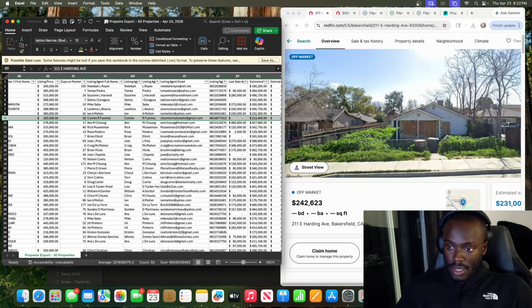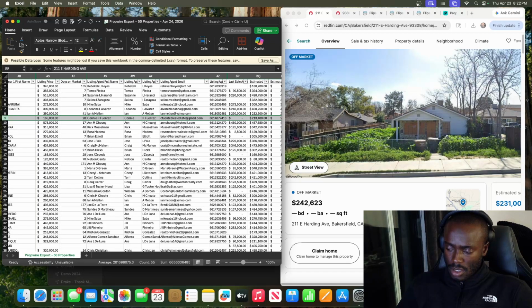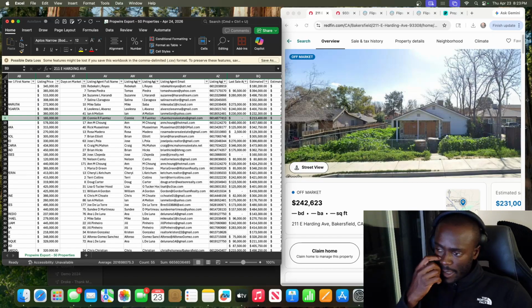Good evening. This is Blake. I'm calling to find out if you're still representing this seller of property 211 E Harding Ave in Bakersfield. Was interested in putting in an offer on this property. I think it's a vacant home based on the picture.